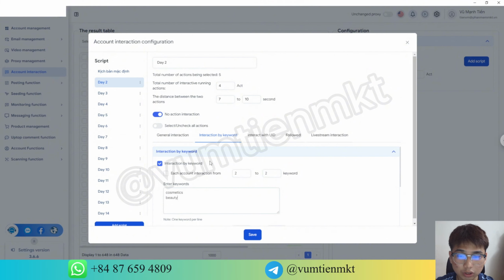Another detail is the keyword interaction feature, which helps your accounts interact precisely with your target audience. For example, here I have keywords like cosmetic and beauty, right? So what my software does is, first it will scroll through the newsfeed, then it will search for these two keywords, and it will watch all the videos related to that topic. After that, it will join the live stream sessions of users from there, and in this way, it will attract